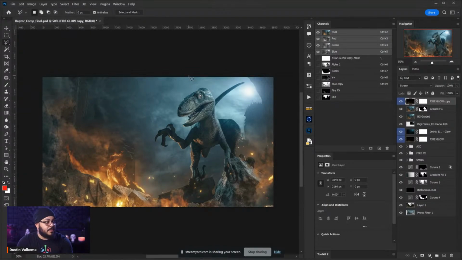So inside of the Raptor Final Comp PSD file, we're going to talk first about the depth of field. When I'm doing depth of field, I like to do this prior to adding a bunch of effects and overlays, things of that nature, because a lot of that is going to impact the way the depth of field